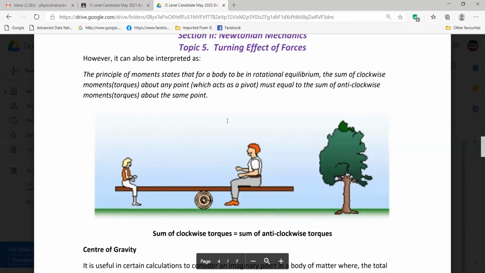Okay, so you understood it, right? Yes. The sum of clockwise torques. Torques means moments, right? Sum of clockwise moments equals sum of